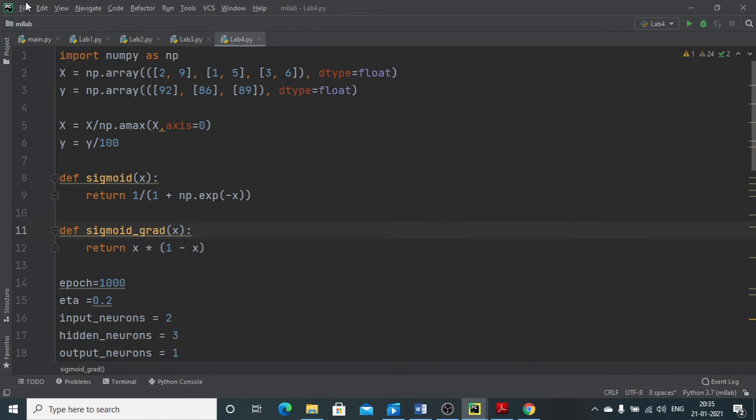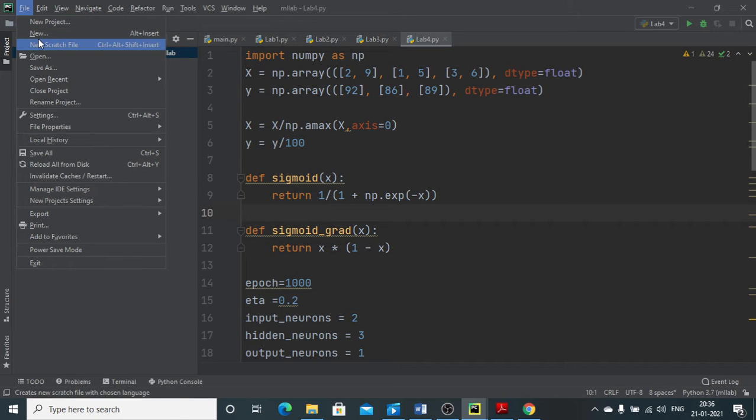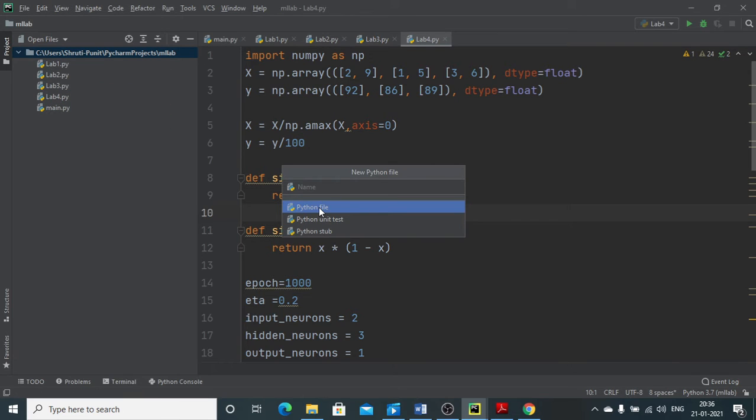I am going to the file, I am going to create a new Python file. Here I am going to give the name of the file as lab5, and I am going to press enter.